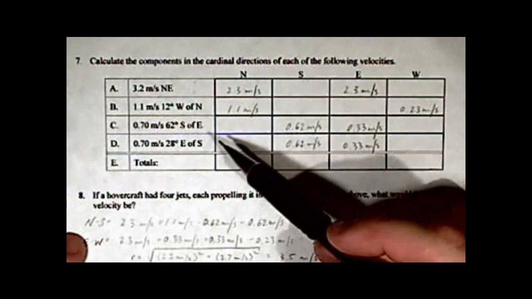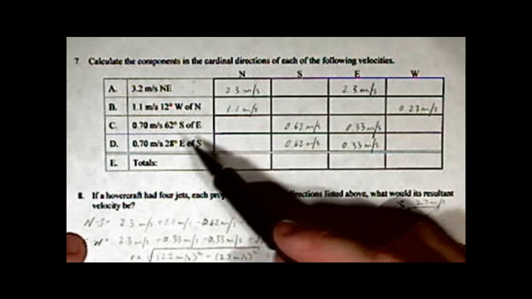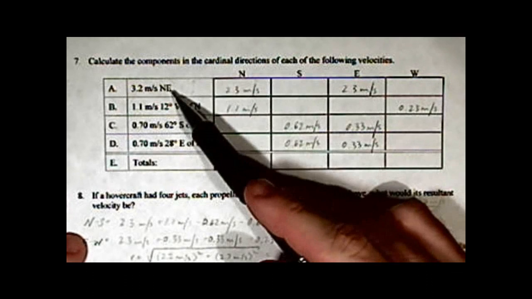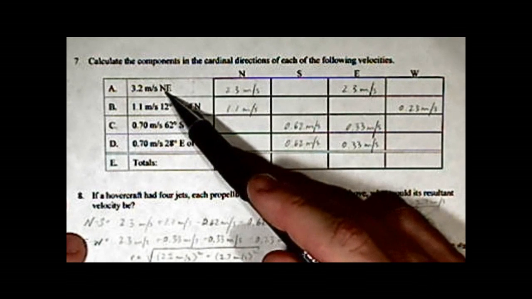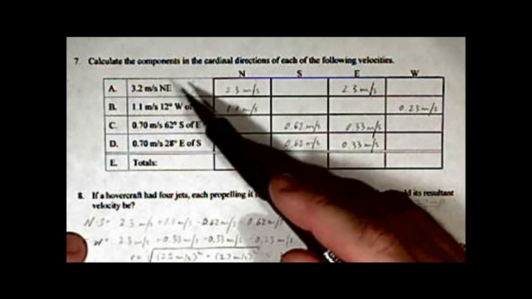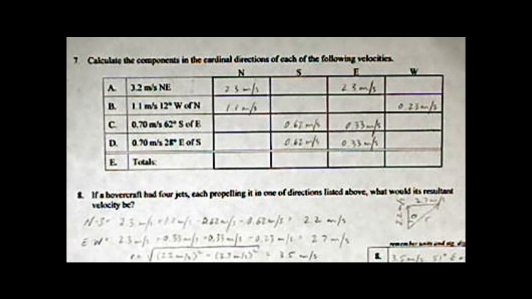On to number 7. Break these apart first. Calculate the components in any of the cardinal directions. Of course, they'll only have components if that direction is listed in the description. Whenever you see something like northeast, that means 45 degrees along the side. So this is really the same as we were doing in number 1, except now we're attaching the cardinal directions